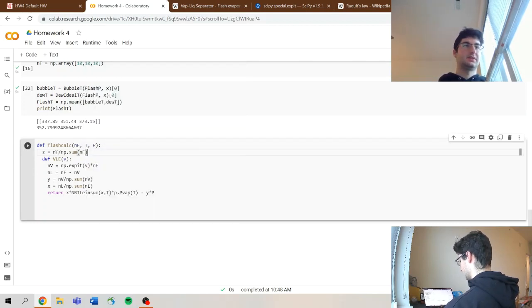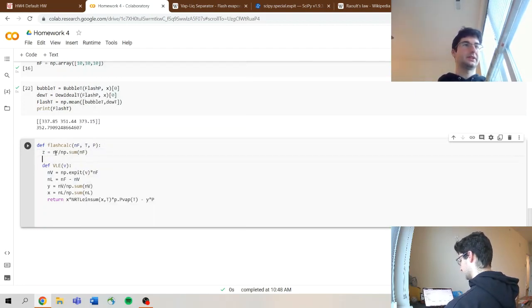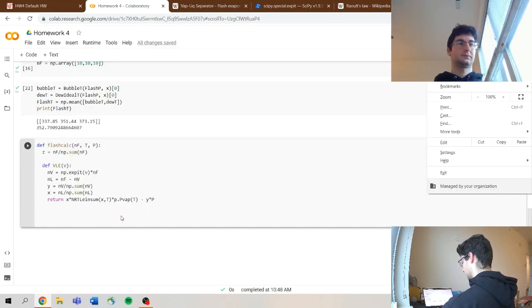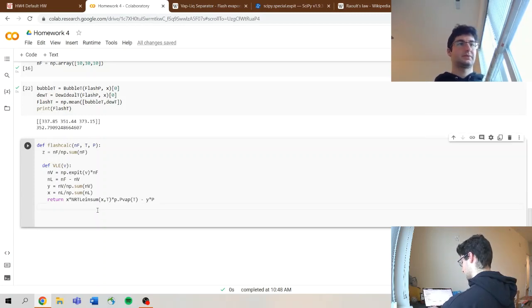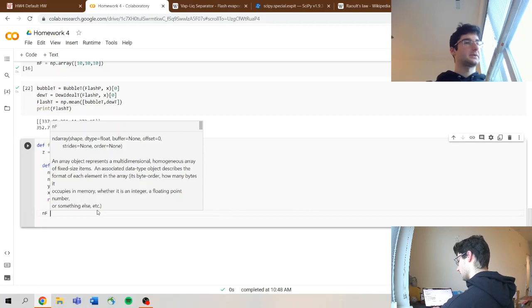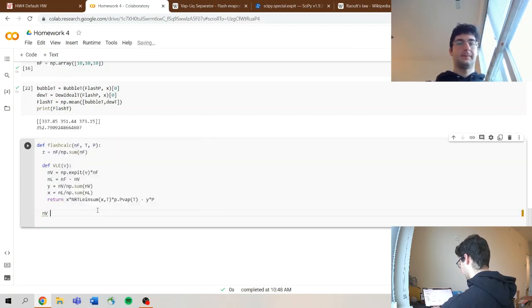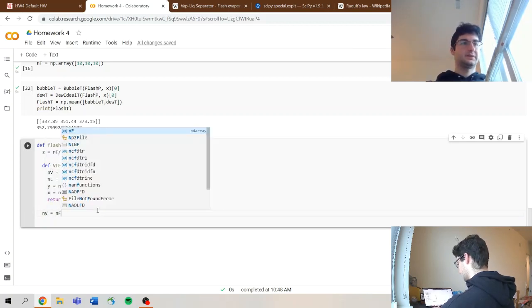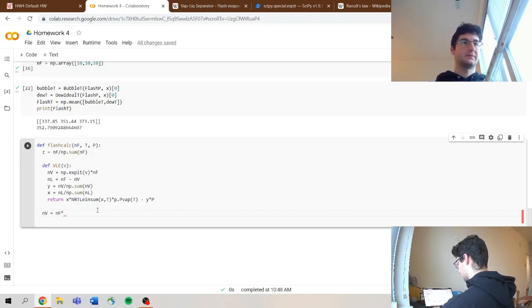Okay, so I can't remember if we'll need that, but it's always good to have it. Now that we have this function here, we're going to use a root finder to calculate for NF. No, we don't want NF, we want NV. And that equals NF times